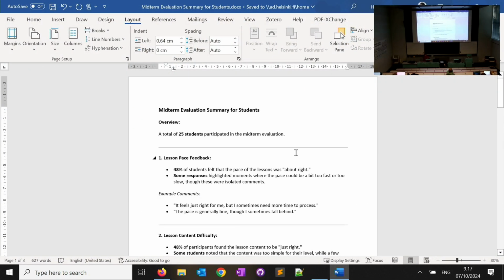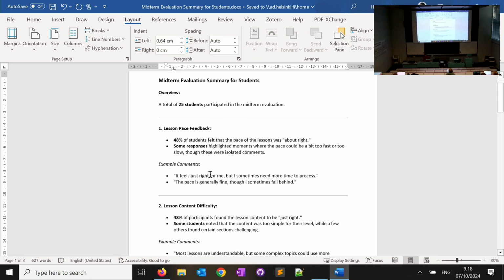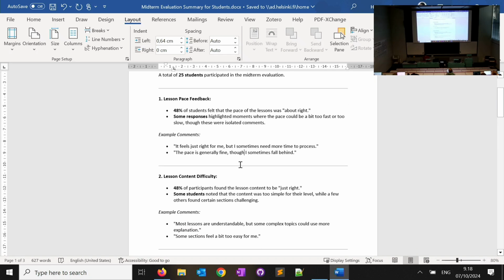But before we get started with the actual contents of today, let's have a quick look at the midterm evaluation. I checked this last Friday, and there were 25 responses from you. About the pace of the course, most of you were happy with how things are going, which is nice to hear. Some of you thought it's going sometimes too slow or too fast, and good to know. We try to improve this. Well, there's just 1 week left, but in the coming years as well.